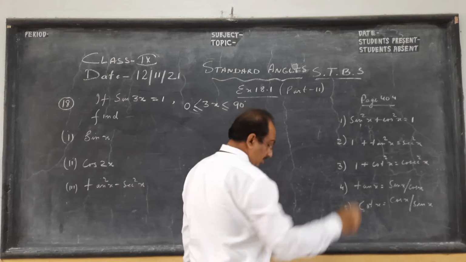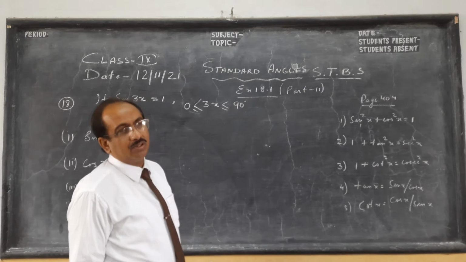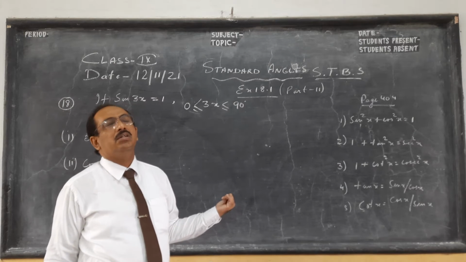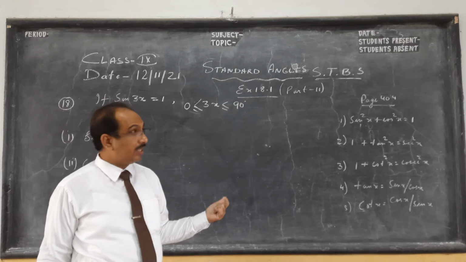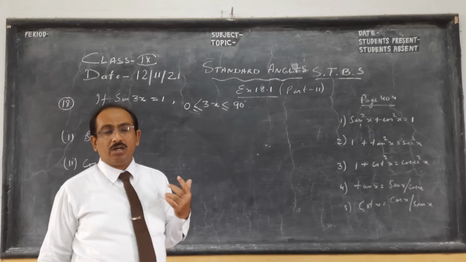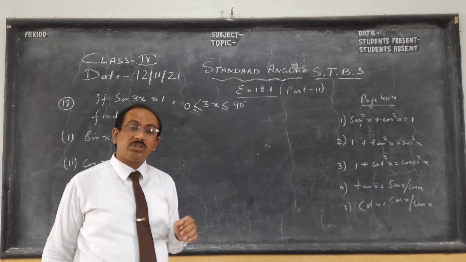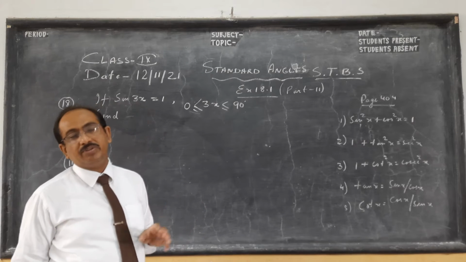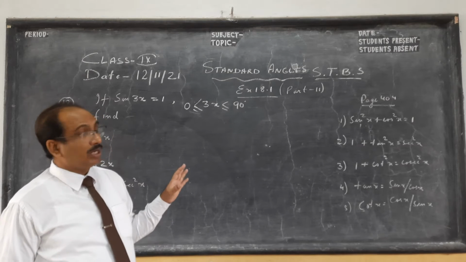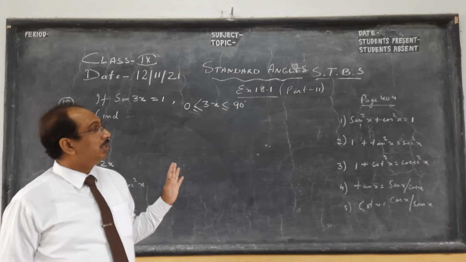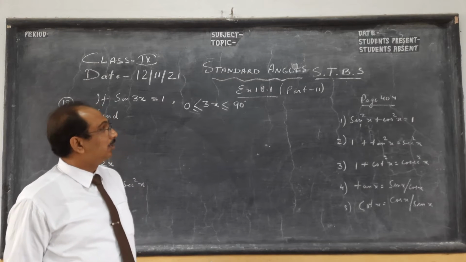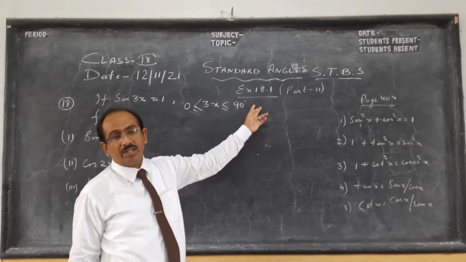In the first few parts I covered the trigonometric ratios of sine, cos and tan. Then we saw complementary angles. Maybe my part 12 will be concentrated on doing more sums on complementary angles, because in one video I gave you the idea and in another I solved some very basic questions. So in part 12 we will have more sums coming up from your 18.2, that is complementary angles.